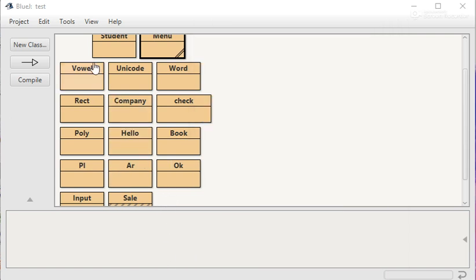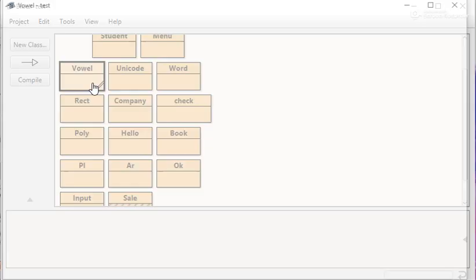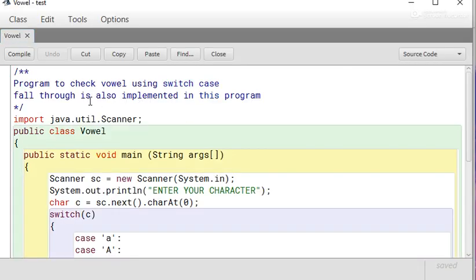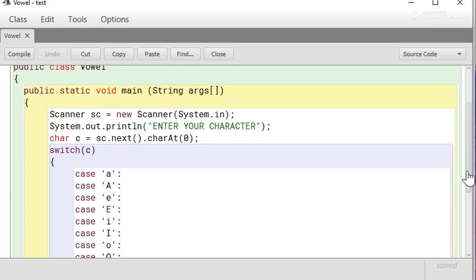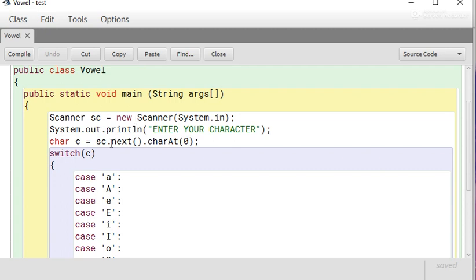I explained one more thing: if you omit the break statement in a switch statement, it generates the fall through situation. Look at this program. This program is also explained in your video section. In this program we take a character from the user using the statement sc.next().charAt(0) and store this character in c.